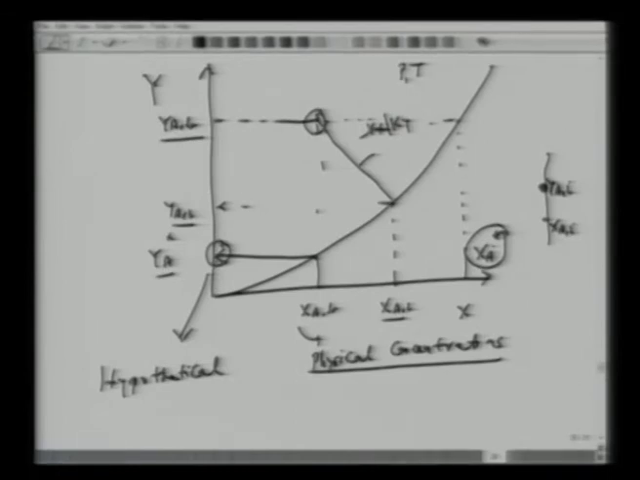Similarly, for given YAB, we have another hypothetical concentration here at XA star, as if we have a gas phase at YAB and we brought it in contact with this liquid at this XA star, and under equilibrium these are the two concentrations. So